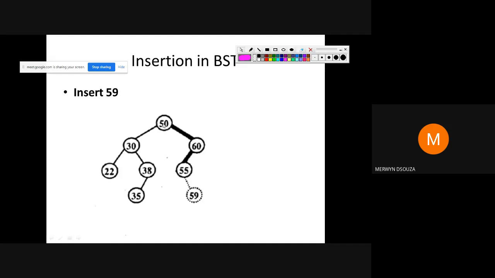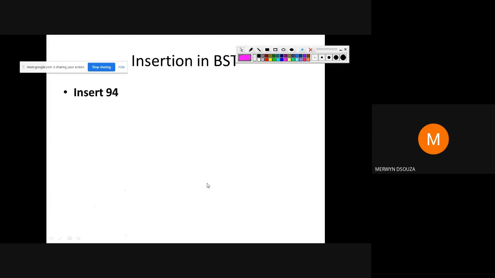Compare 59 with 50. It is greater, so you will go right. 59 is less than 60, so go left. 59 is greater than 55, so insert it on the right. Insert 94.